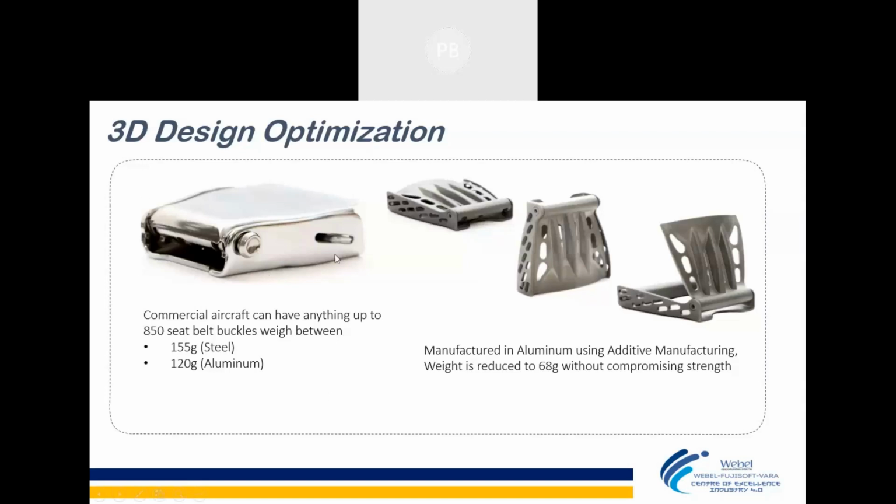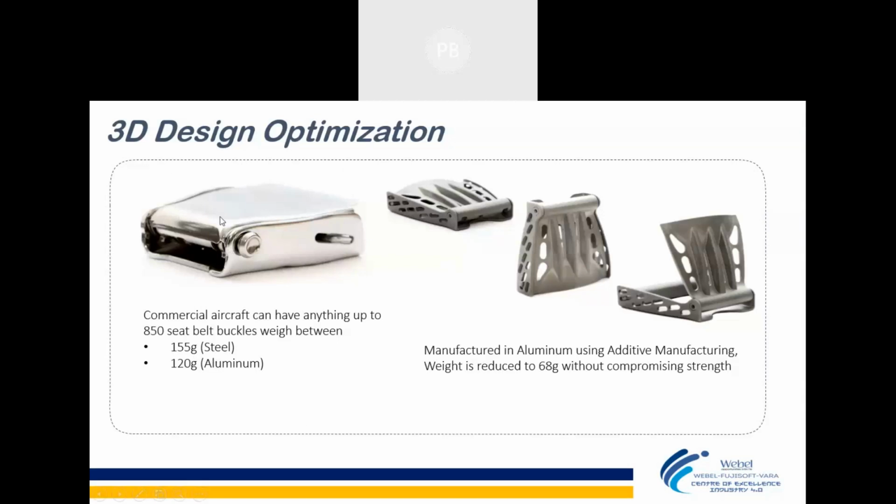They are now using a metal 3D printer for developing this kind of buckle. So these seat buckles have now been developed. With this standard seat buckle, for around 800 to 850 seat passengers, the bigger flights of Boeing or Airbus, 150 gram is the weight for normal stainless steel. It comes up with a weight of 155 gram.